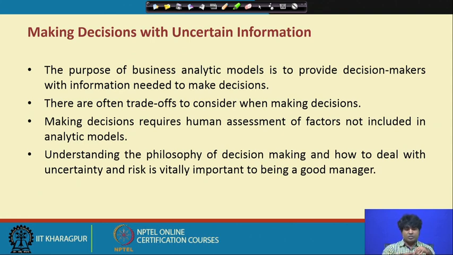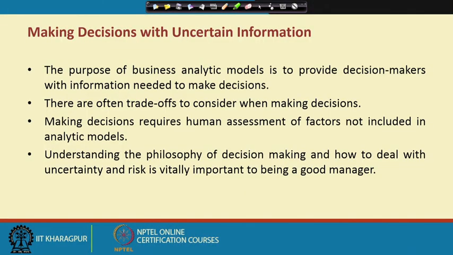So, making decisions requires human assessment of factors not included in the analytical models. The idea is that through a particular structure, we have to select a particular outcome corresponding to various alternatives and various uncertainty situations. Otherwise, the particular judgment may not be very effective. So, that is how we have different decision making methods or decision making tools, and the particular decision will be targeted and obtained through these